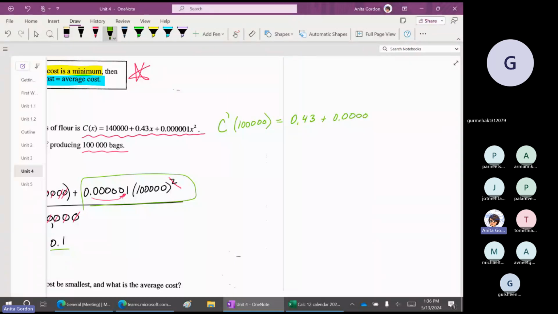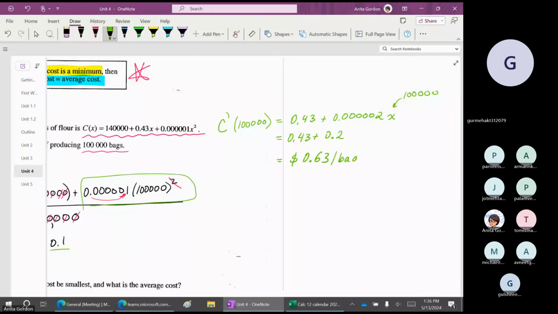One, two, three, four, 5, 2x, right? And then I put 100,000 in here. 1, 2, 3, 4, 5. So this will be 0.43 plus 0.2, $0.63